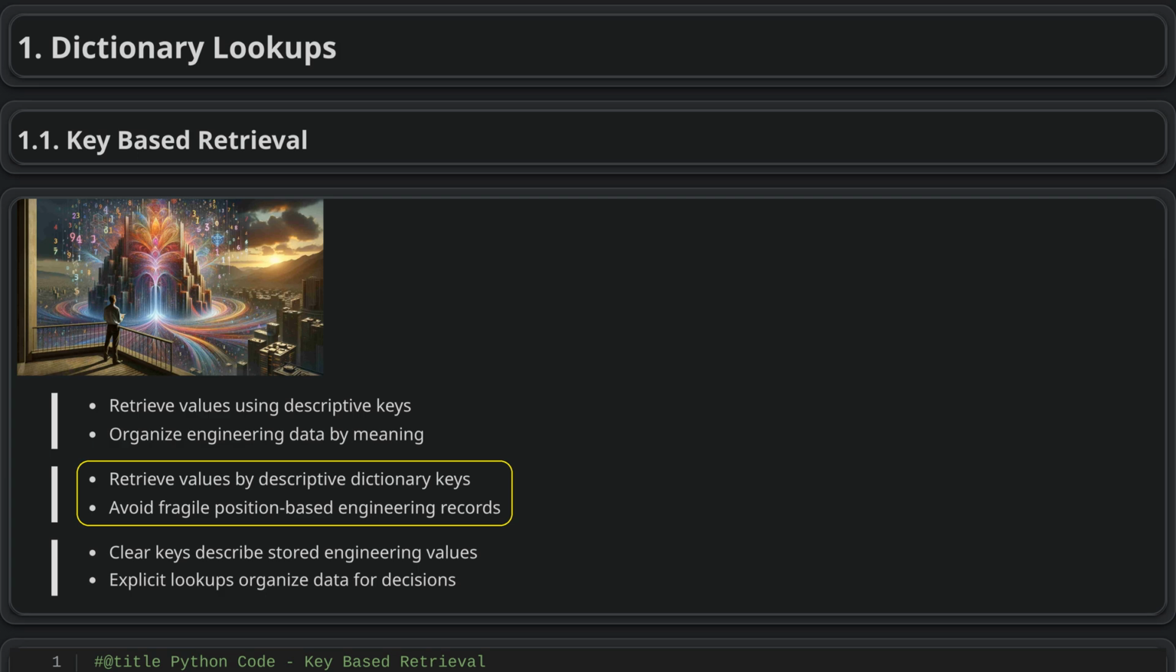Dictionaries let you retrieve a value by using a meaningful key rather than relying on its position in a sequence. This is useful when data may change or grow, because positions in a list can be easy to mix up. For a pump record with details like flow rate and pressure, named keys make the structure clearer, safer, and easier